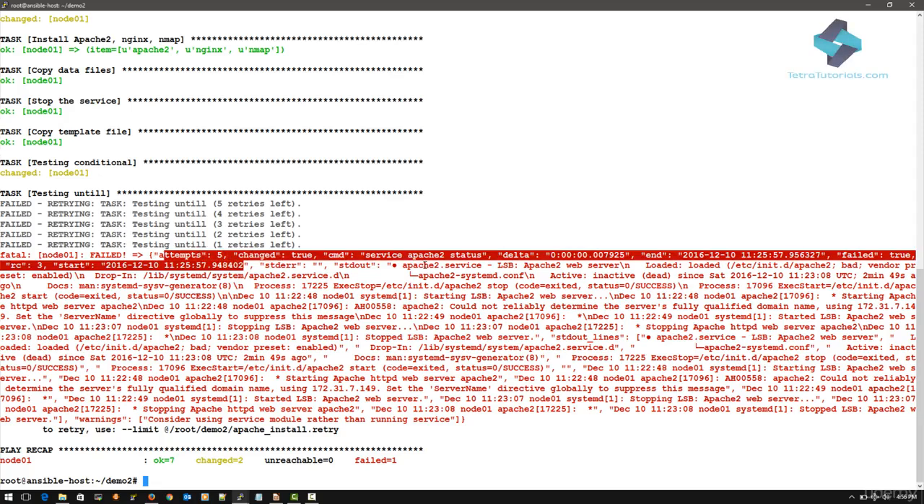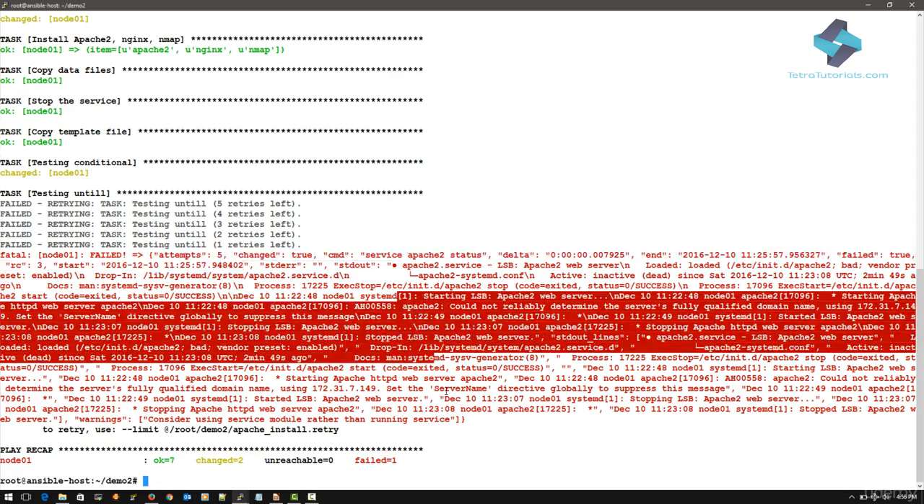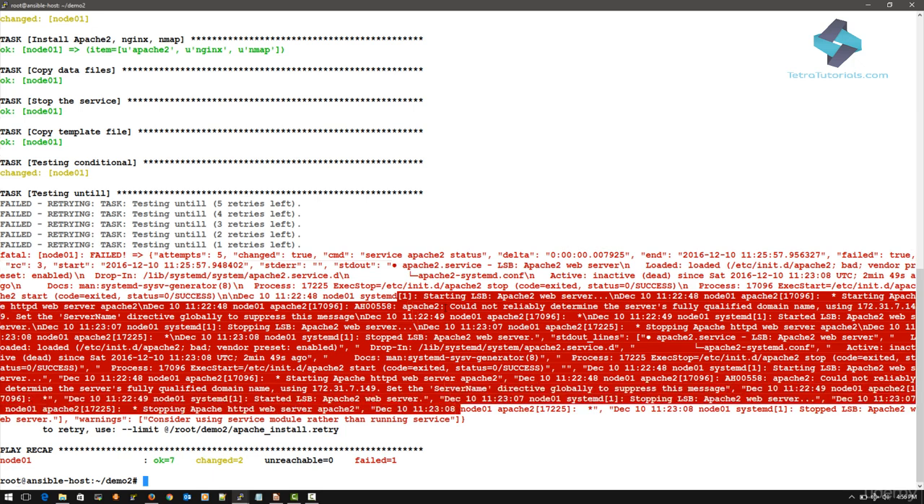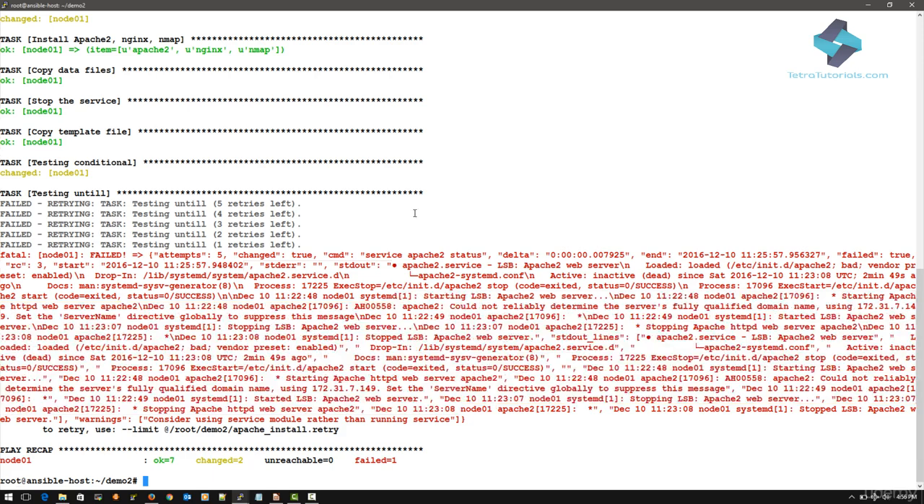Now let's try one more thing. We will play this playbook, and in a second SSH session, we will start the Apache service manually. The expectation will be that as our Ansible playbook realizes that the Apache service is up, our task should succeed after 2 to 3 attempts, which means we will need 10 to 15 seconds for our service to start via